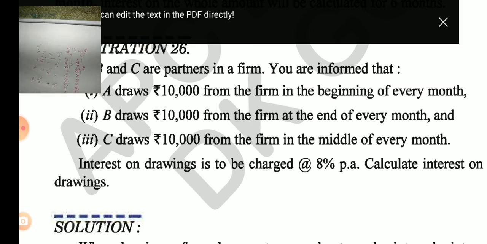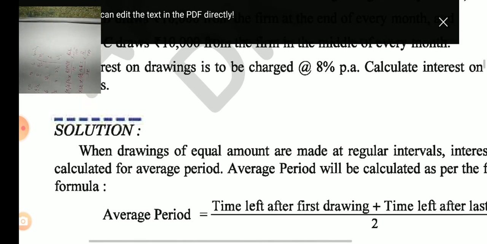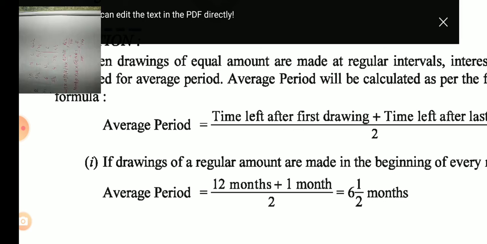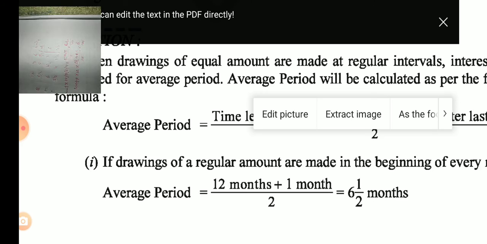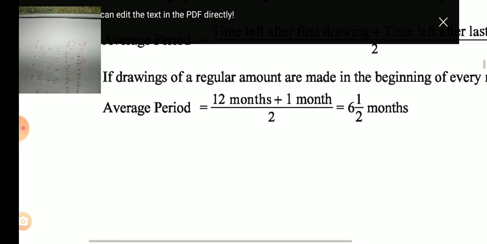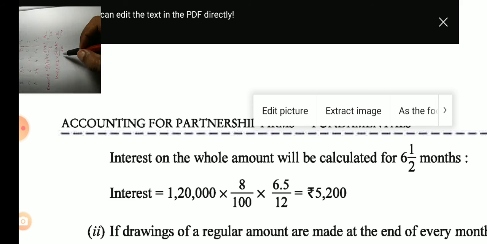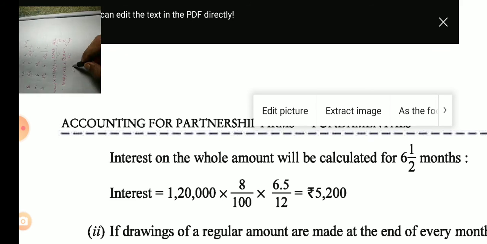It means 6.5 into 8. Just multiply 6.5 into 8. Just see, 6.5 is also in the book. You are going to calculate in a different way, but no need to see this way. Directly see the table, and on the basis of that table you can easily calculate. Just see: 1,20,000, 8 upon 100 into 6.5 upon 12. Same thing is here. And 5,200. In this way we can calculate all the